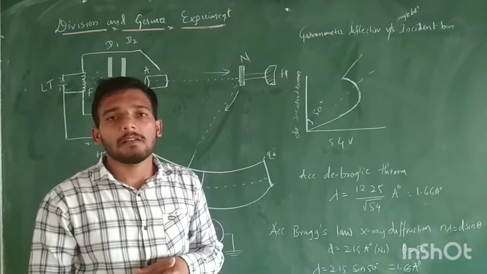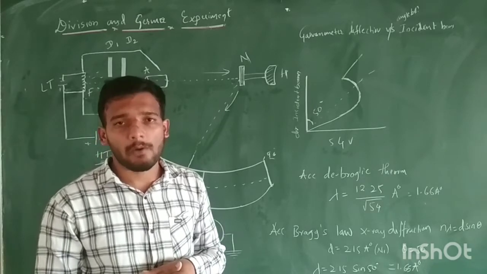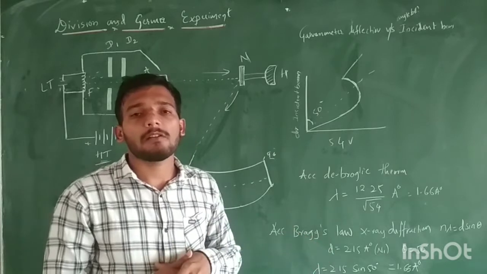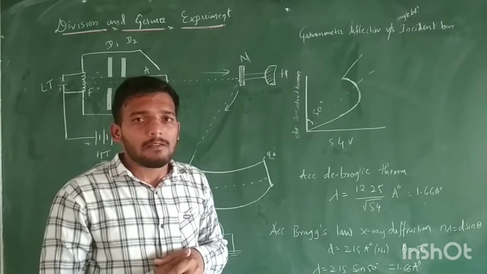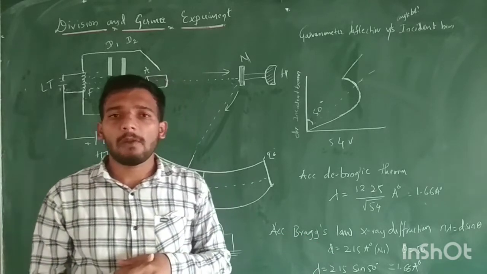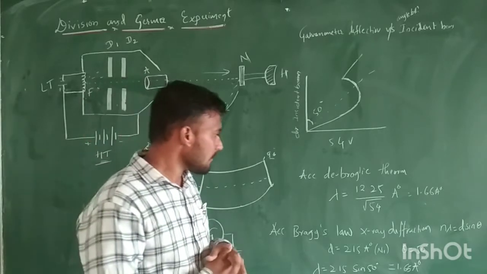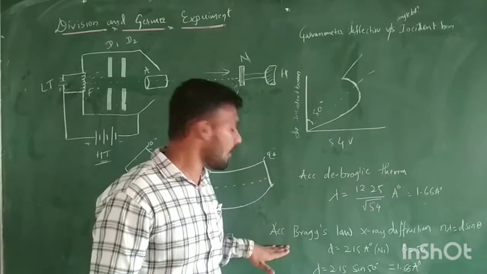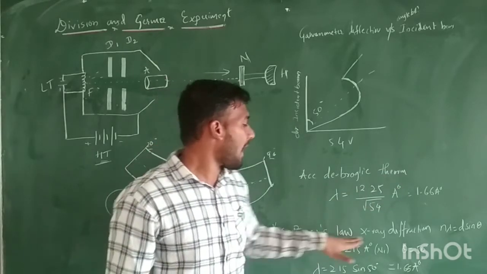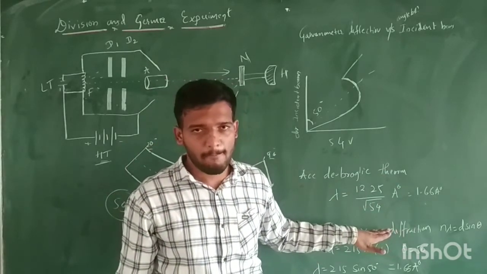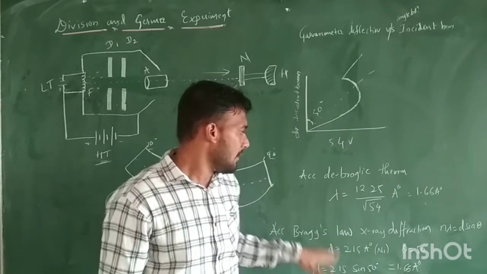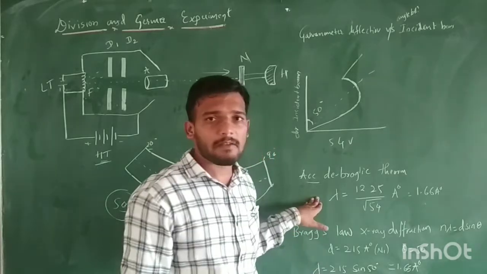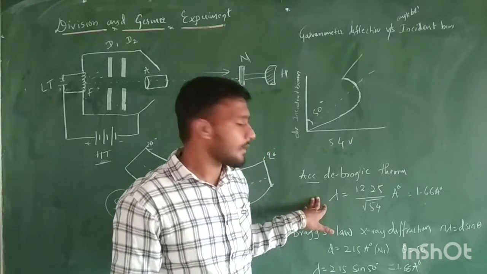Constructive interference means it is in the form of a wave. So as a wave, you have to find the wavelength. You have to find the wavelength according to the de Broglie theorem, which is theoretical, and also according to Bragg's law of X-ray diffraction, which is practical. Theoretically, there is a derivation, so you have to explain it in the next class.